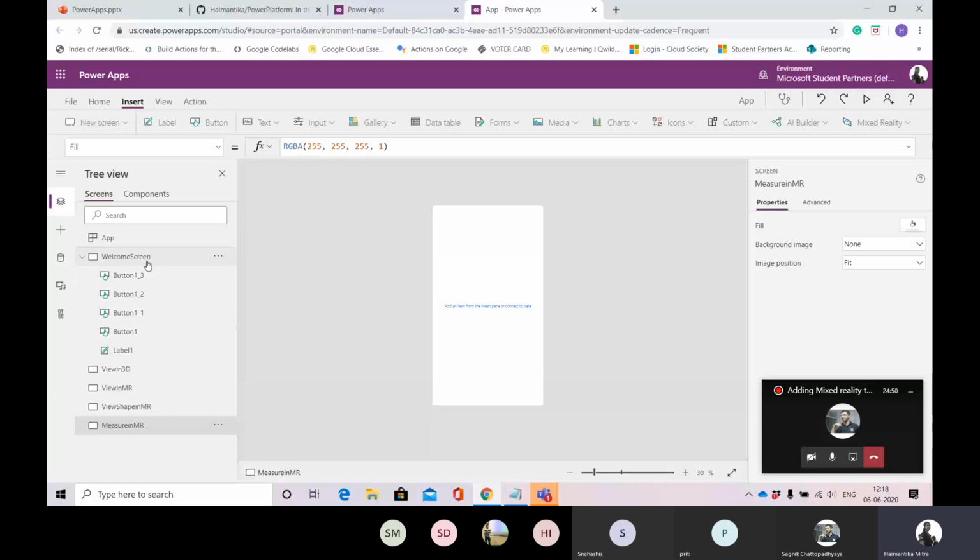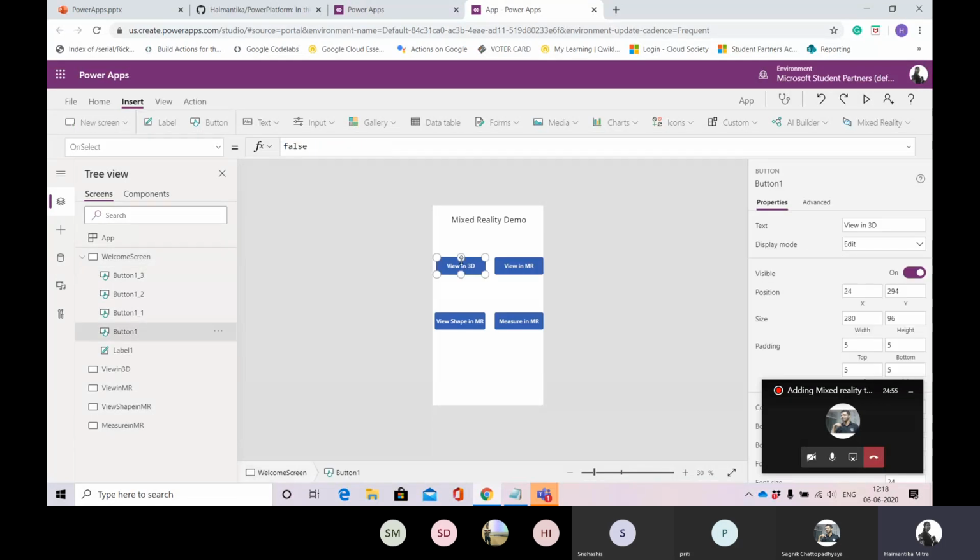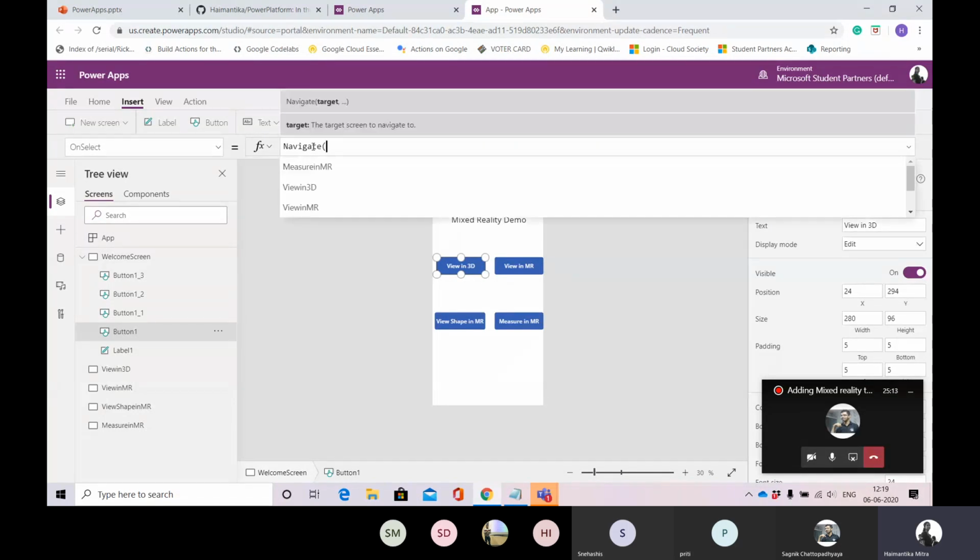Okay, now what I told is I would want all of these buttons to navigate to their particular screens. So for this we'll need to write formulas. In Power Apps we do not need any lines of code, but we need certain formulas. For this button to lead me to this screen, I write the formula Navigate, and my screen name is view in 3D, so I'll move to view in 3D, comma, ScreenTransition.Cover.